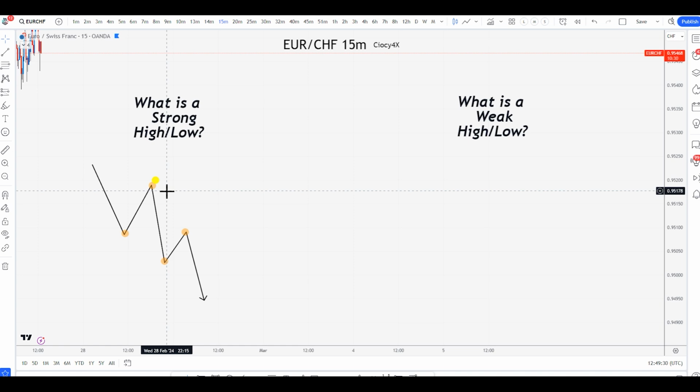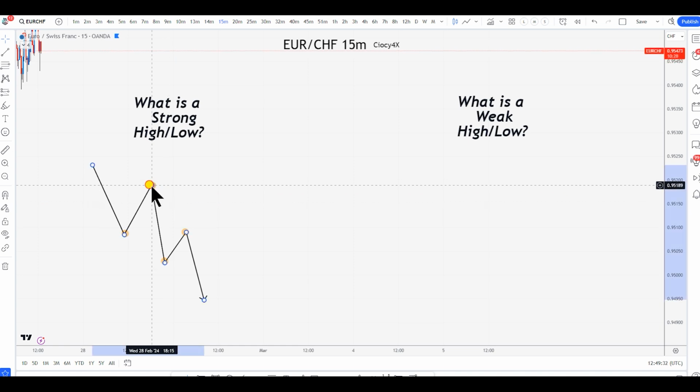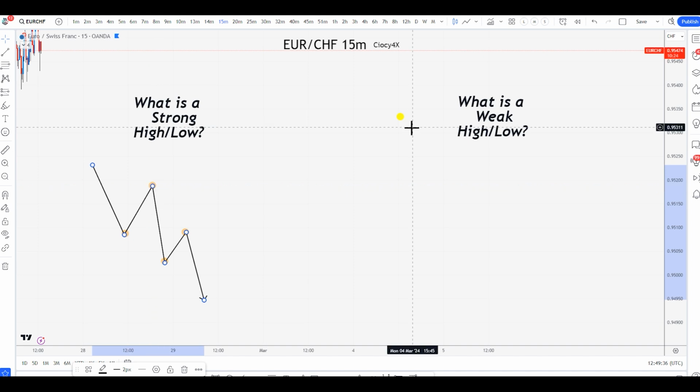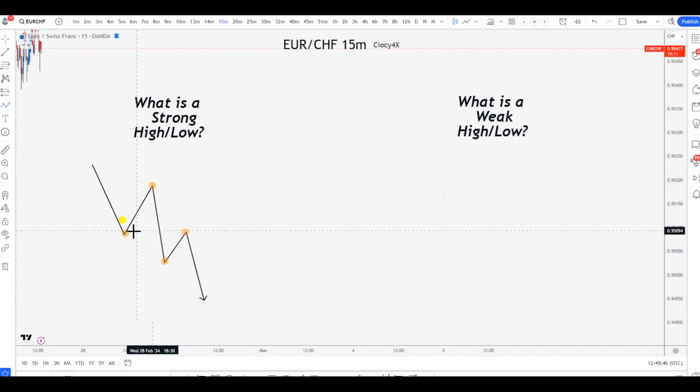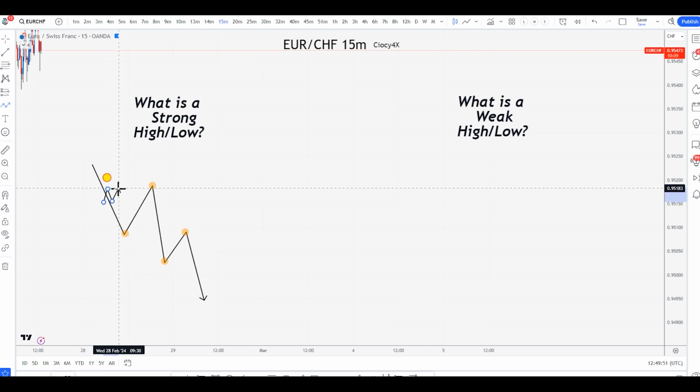Why that? Because that's the thing. Every trader, every guru, every person that you see telling you about strong highs or weak lows or whatever, will always tell you that this high is strong because this high did something over to the left, which is not wrong. So what do I mean over to the left? Let's say here you have some type of equal highs, in this range over here.